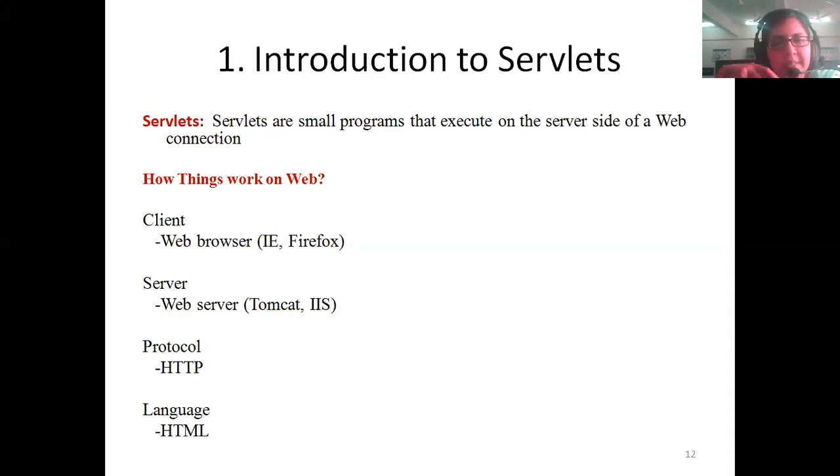When the user fills in the request, the entire request goes to a remote machine, which is called a server. The server will process that particular request and give back the response. Now this servlet is a small Java application or program that always executes on the server side. That's why we call servlets and JSPs server side applications or server side technology.